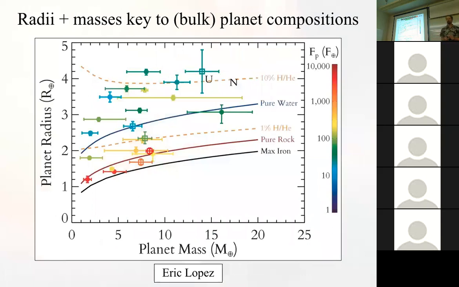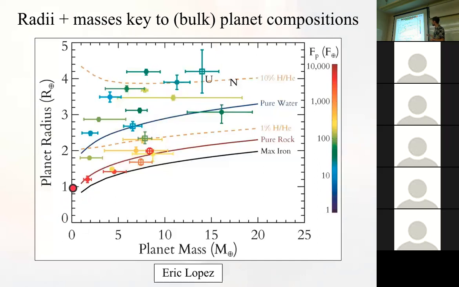Okay. So one question that you might ask, or has already been asked, is what is the composition of those planets? Kepler gives us this axis, the radius of the planet. But in order to learn what they're actually made of, you need another measurement, a mass measurement. One of the most common plots at any exoplanet conference is a planet radius versus mass diagram. Those are the only two things we can really measure. We measure the radius using transits, and then do follow-up observations using the Doppler method to get the mass. You can then place planets on this diagram.